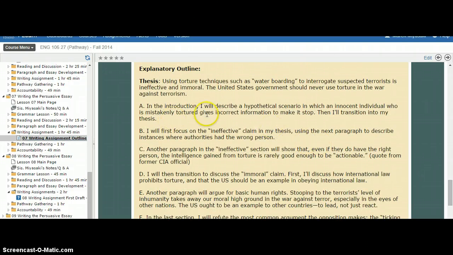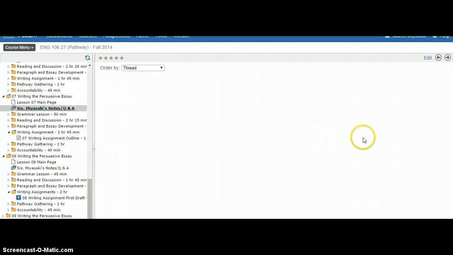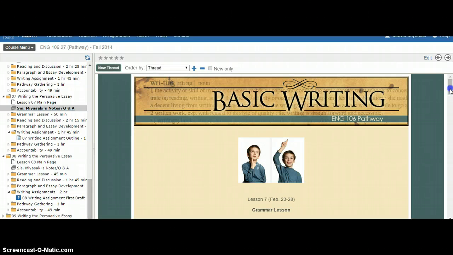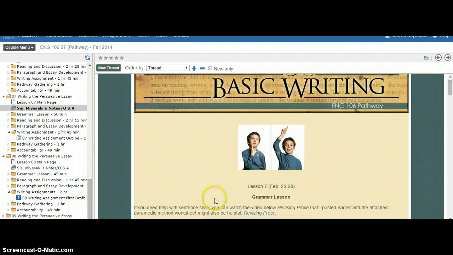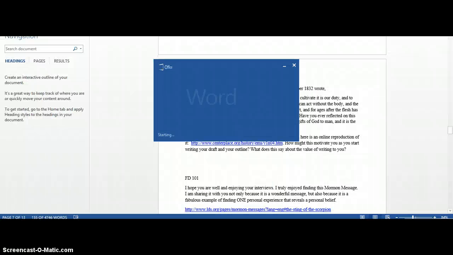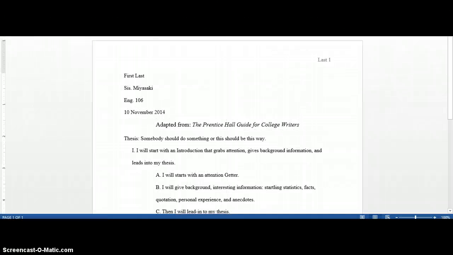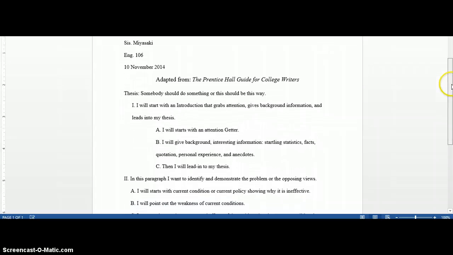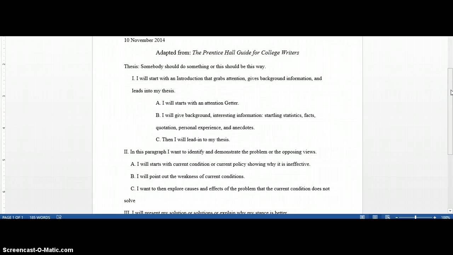And you'll notice words like "I will do," those kind of things. You can use, as I said, letters, you can do bullet points, you can do whatever you want. And also you'll notice on my notes that I've included an example too that has some generic ideas of how to put this together. So let me just see real fast. Alright, so here you have some example, and this talks about you should have a thesis,